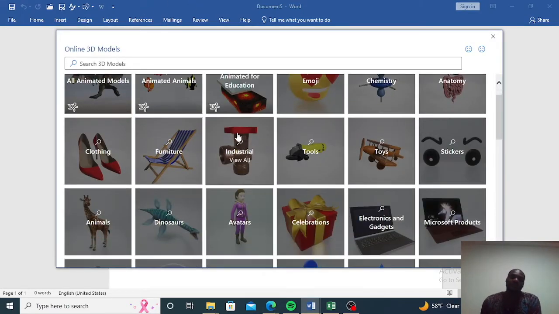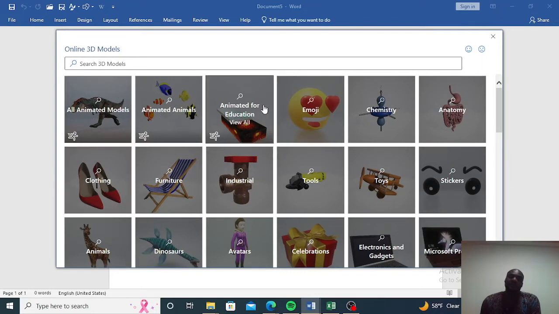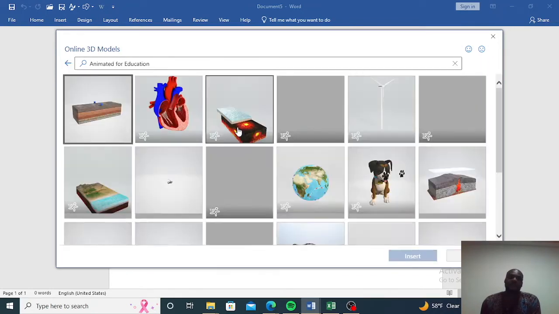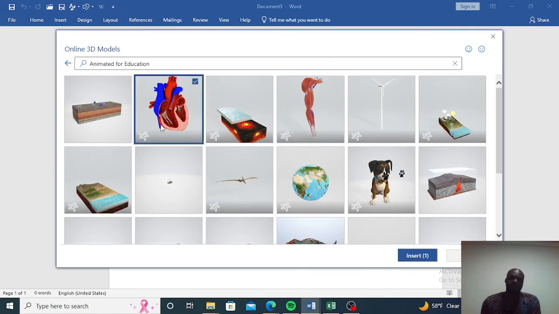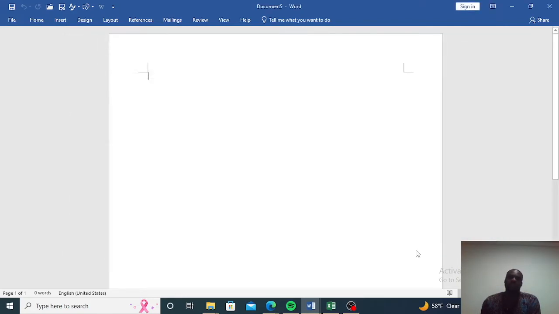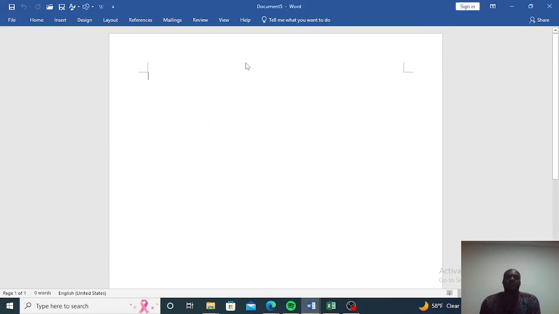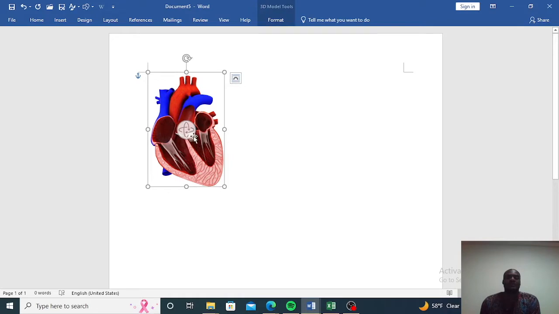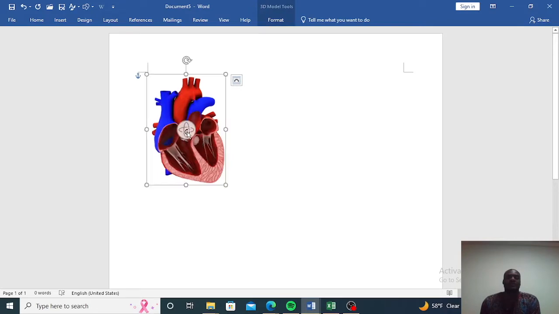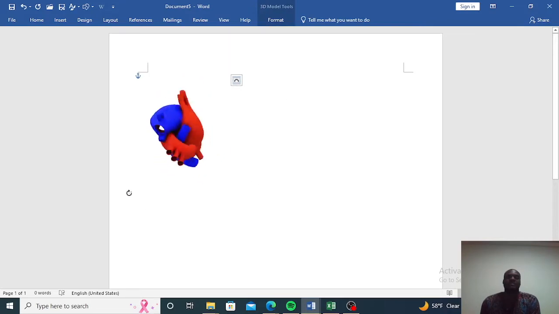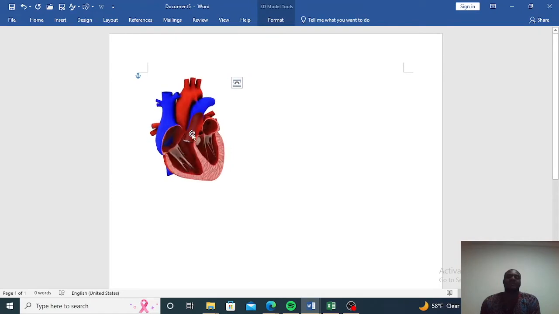Great, we can insert any of these, like search, for instance, this one, and you insert, you're going to have it come up into your workspace. Sorry for the delay. Great. You can actually see this is a three-dimensional half hat, where you can use the arrow to do any of your